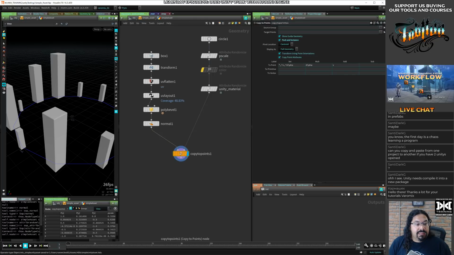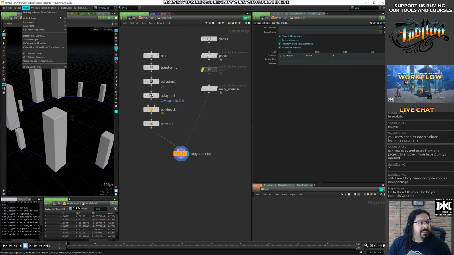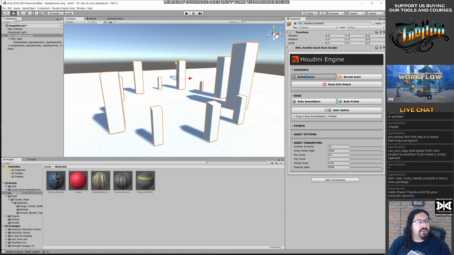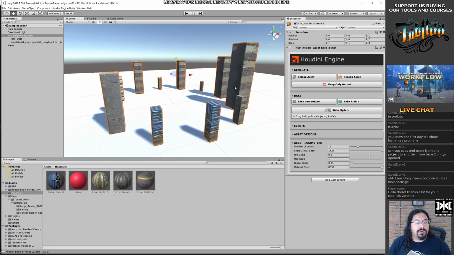Maybe it's not copying the. It is there. It's the Unity materials is there. Okay, let's just confirm that that is the issue. Save asset, and let's refresh, reload, and now it works. All right. Okay, so for some reason it doesn't work with instancing, assigning the material randomly like this.